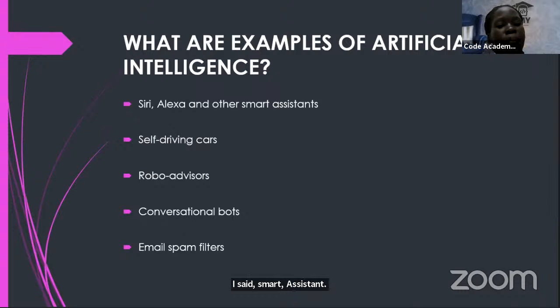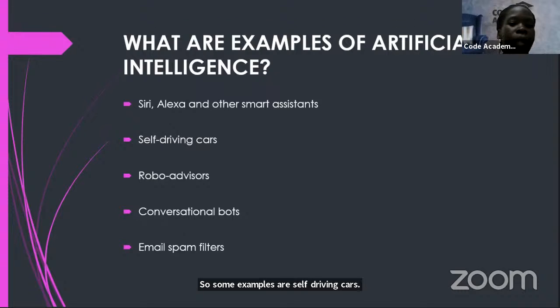For example, if I'm late, I can just go on my app and ask Alexa or Siri what is the shortest route with no traffic. It tells me, okay, if you pass here, there's traffic. If you pass here, there's no traffic. Some other examples are self-driving cars.